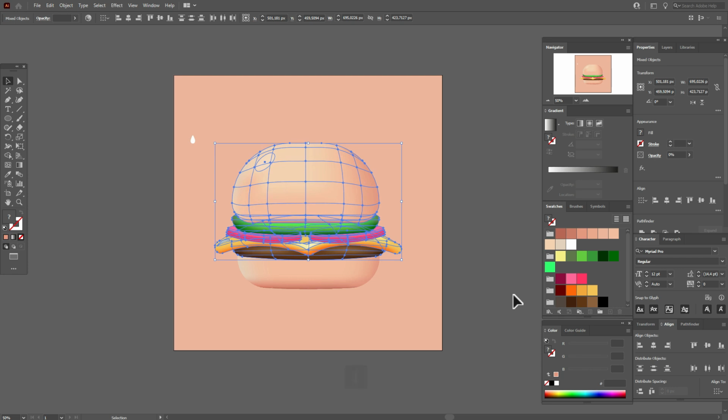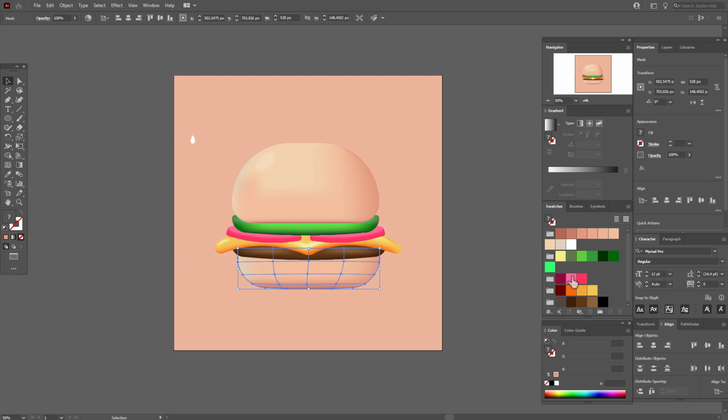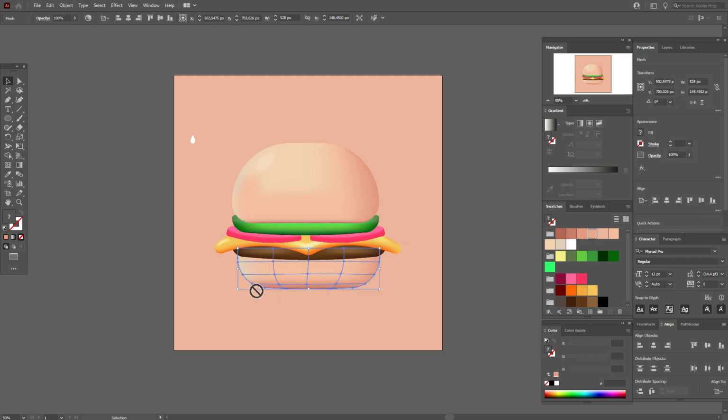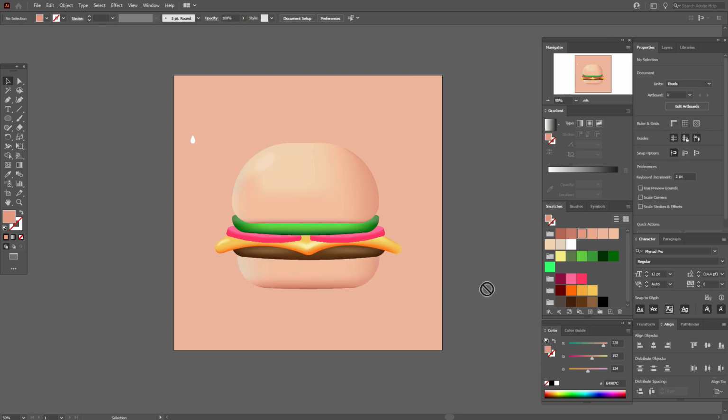Let's move these shapes a little down. Now let's take this color and add the color on the top of this gradient mesh. Okay, I think it's pretty. And now let's add some colors here. Okay,